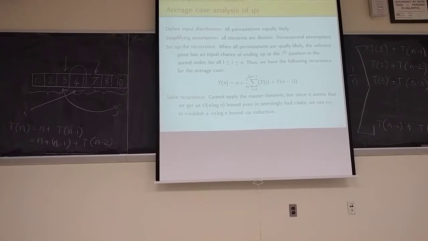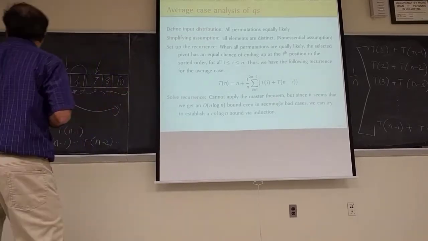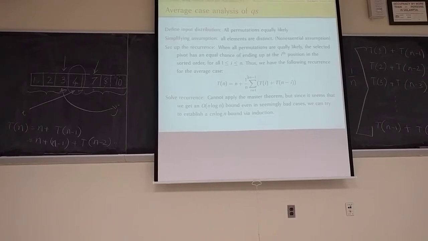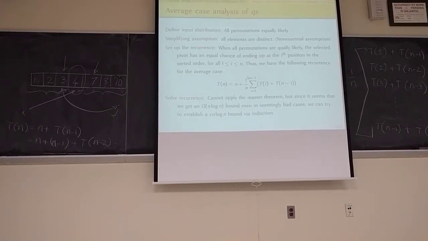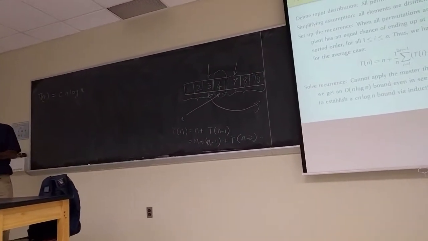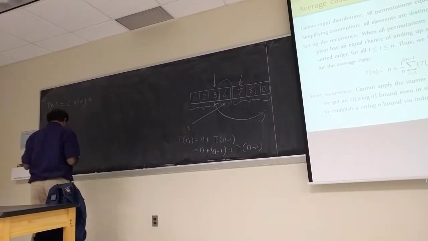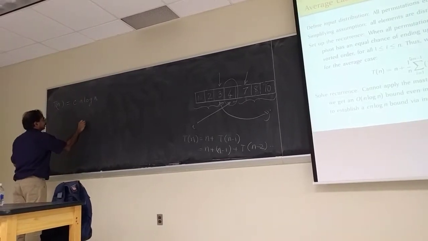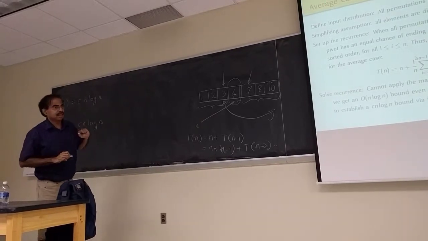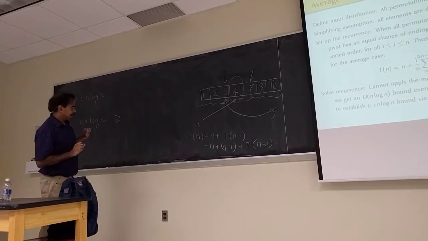So I'm going to guess that T of n equals some c times n log n, and then I'm going to try to verify that. In order to do that, I need to show that Cn log n, which is the left-hand side, should be less than or equal to